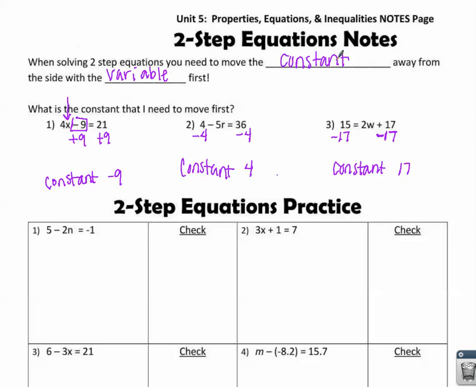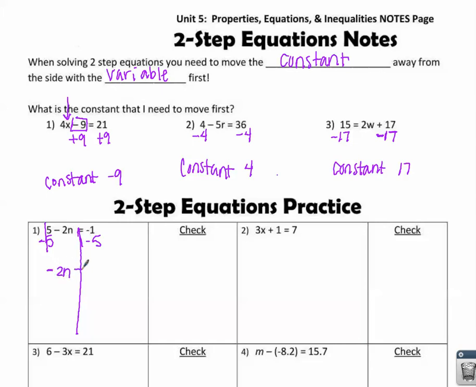So let's look at a few examples. Remember when we did one-step equations, the first thing that we did was draw our line down the middle of the equal sign. So we're still going to do that. Next, we're going to find our variable. It is on the left side. So now let's move the constant that's on the same side as the variable. It is a +5, so the inverse operation is to -5, and what you do on one side, you must do on the other. A +5 and -5 cancel, and you bring down what's remaining, which is